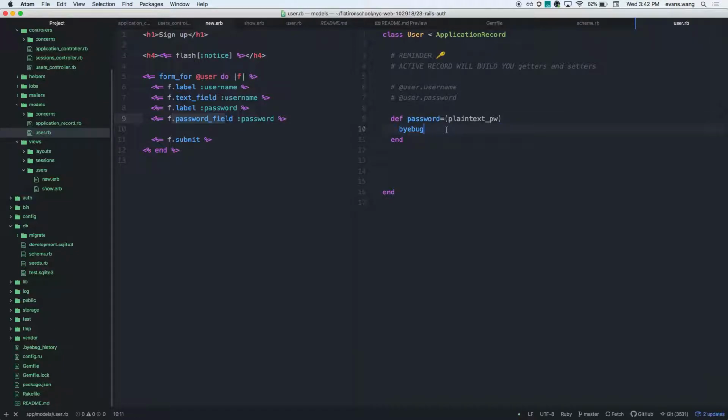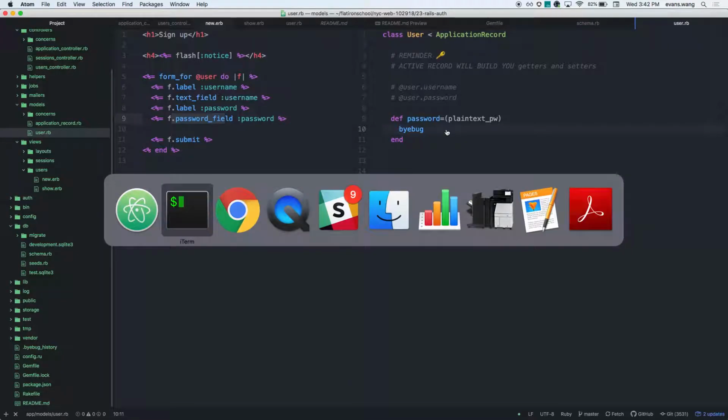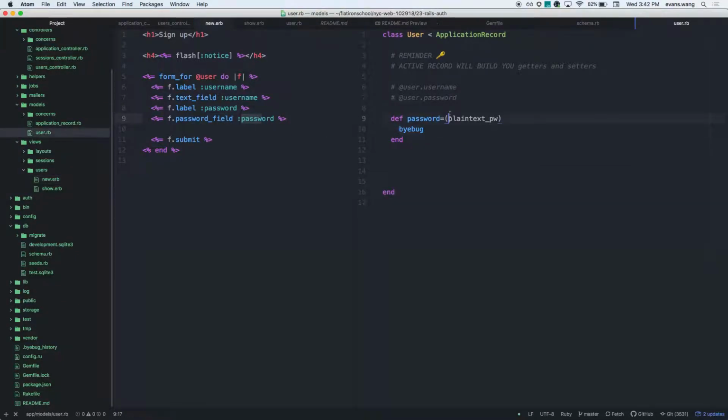It should hit this byebug. But it's not password digest. Yeah, but it should be trying to save password. Okay, the analogy's lost right now. It's not really important. The important thing is,